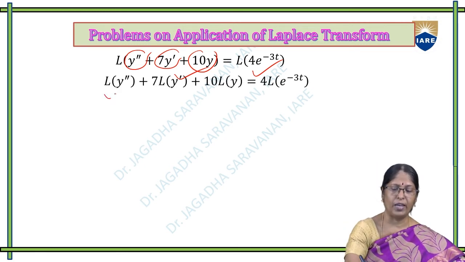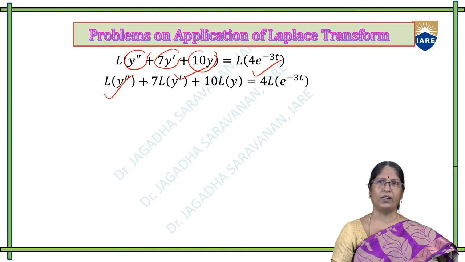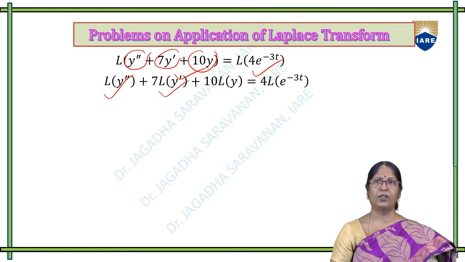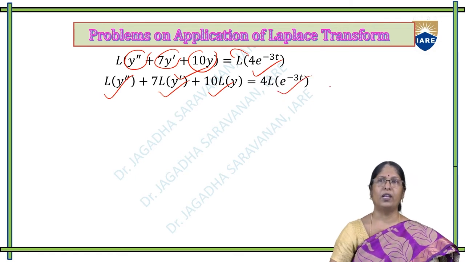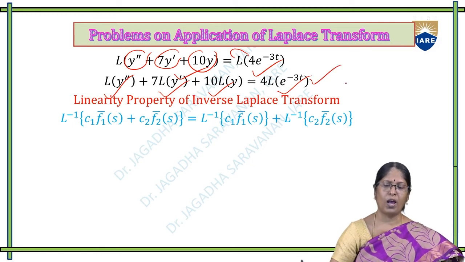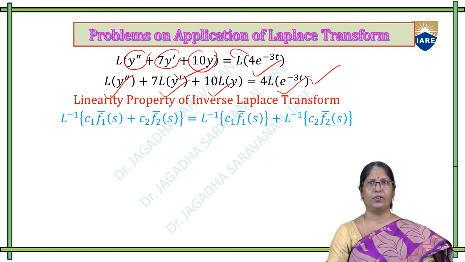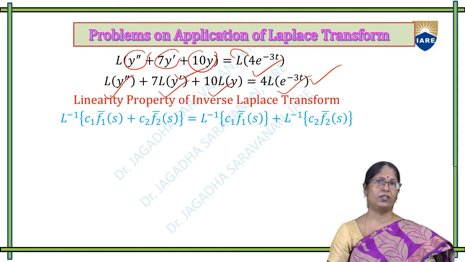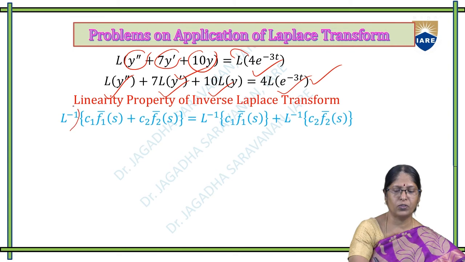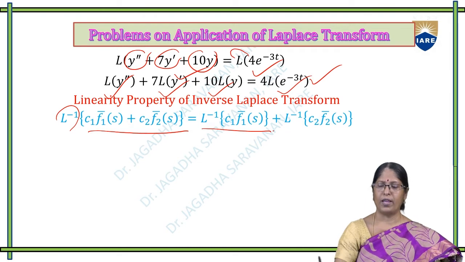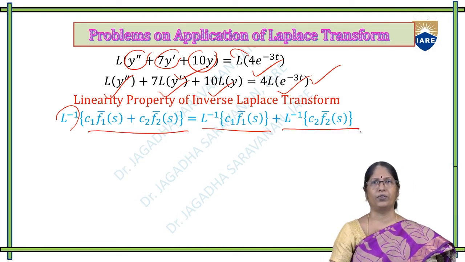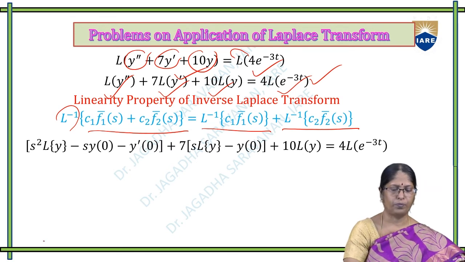So according to that, L of the first one is y double dash, plus 7 L of y dash, plus 10 L of y, equal to, here the 4 is a constant, so 4 into L of e power minus 3t. Fine. So how have we written it separately? That is using the linearity property, that is, L inverse of two functions: L inverse of the first function plus L inverse of the second function. So now,